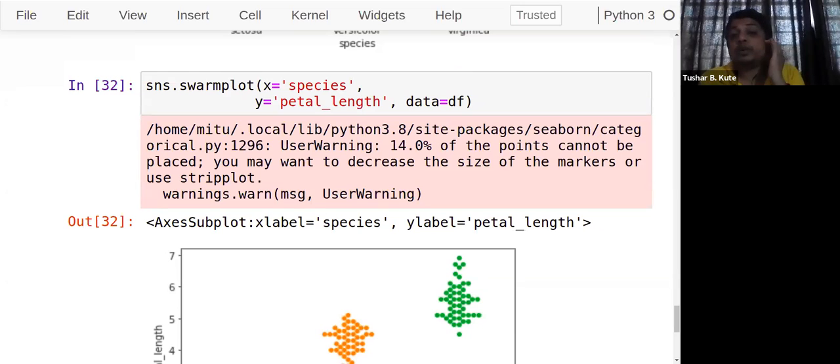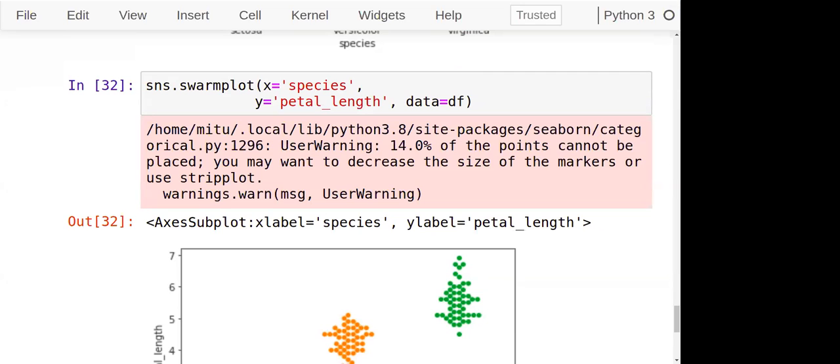Now, the last plot that we have seen in Matplotlib was the box plot. A box plot is a convenient way to visualize the distribution of data through their quartiles. Those who do not know quartiles, I'll explain the meaning of it when you see the graph. This is basically used to decide whether you require normalization of the data or not, whether outliers are present or not, or what the distribution of data is. Whether the data has a Gaussian distribution, that is normal distribution or not, we can find with the help of the box plot.